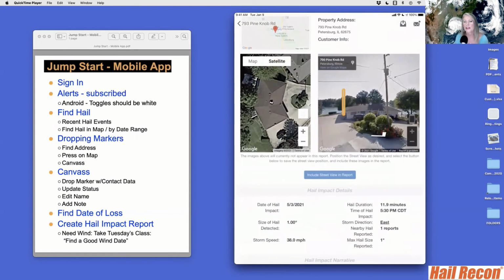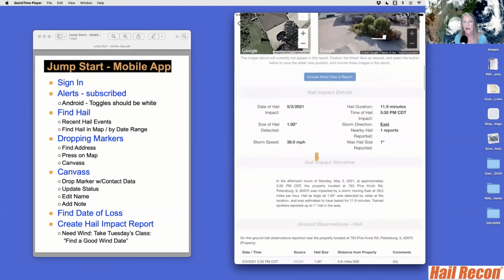And we always give you pictures from Google, rooftop picture, street view. If those are good pictures and you want to include it on the report, you have to click this button. And customer information would show up in here and their address. So this is the date that it defaulted to, because we were on that date when we dropped the marker